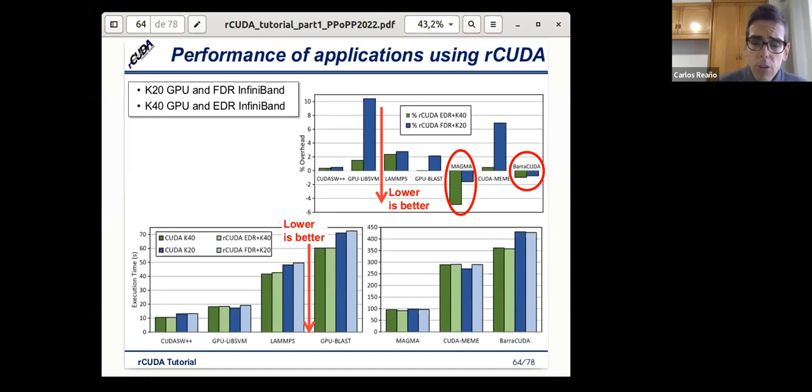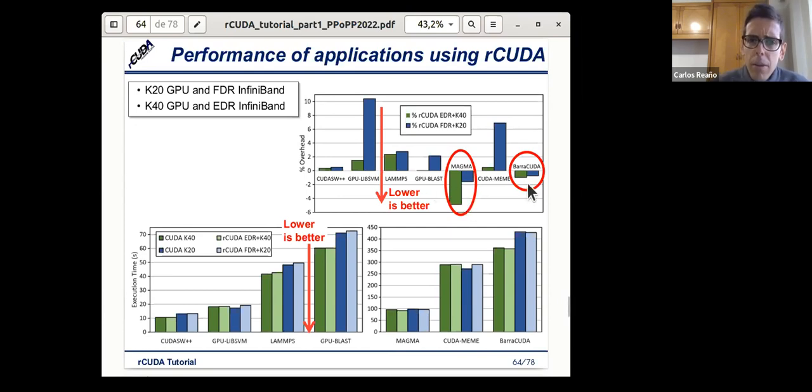As you can see here, for some applications, for instance GPU-LIBSVM, we have a higher overhead when using FDR and a lower overhead when using EDR. This probably means that this application is more memory bandwidth bound. It's doing a lot of transfers, and when we have a better network such as EDR, it performs better than with an FDR network.